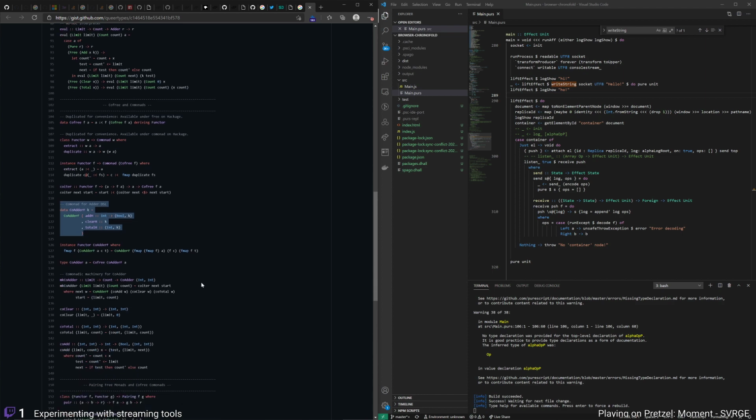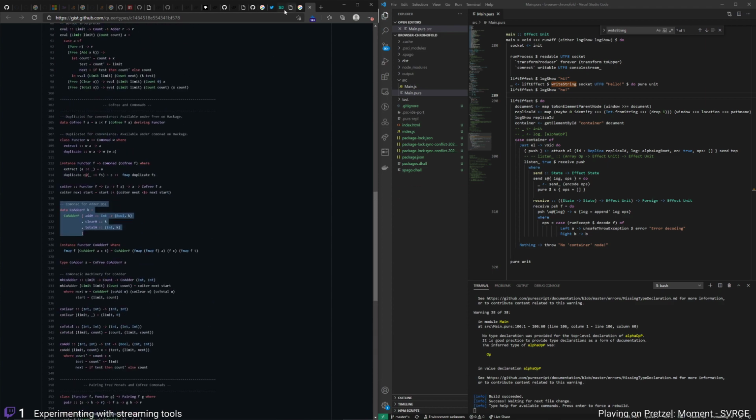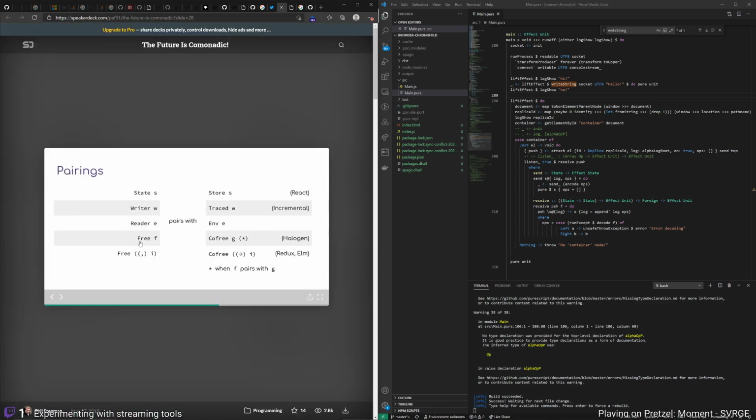And the amazing thing about this is that when you do it in free and co-free, it boils down to having some actions and then an interpreter. Your actions are defined in this monadic language, and your interpreter is defined in this comonadic language